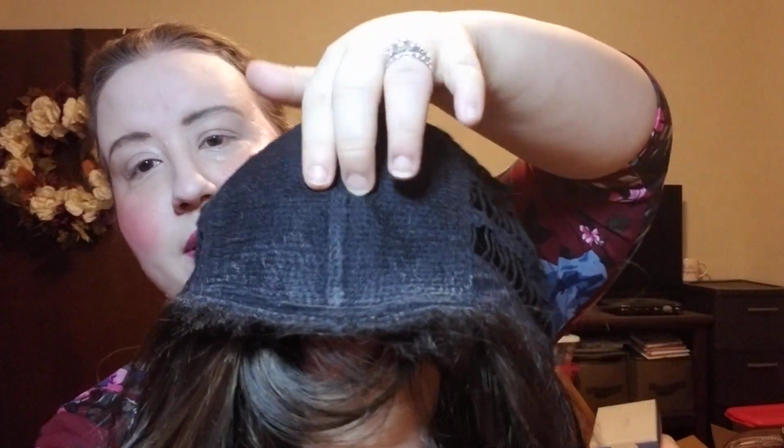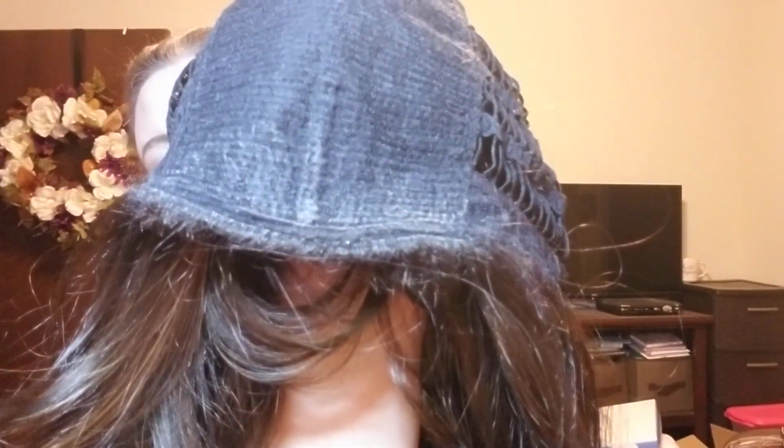So I love that. Also, we have the open wefted in the back that's stretchy. And then in the front, we have just the basic classic cap. It already has some makeup on it. But we have the basic classic cap. There's no lace front. And that's why, as you can tell, I just kept the bangs right along the edge there. I had to figure out how I was going to disguise